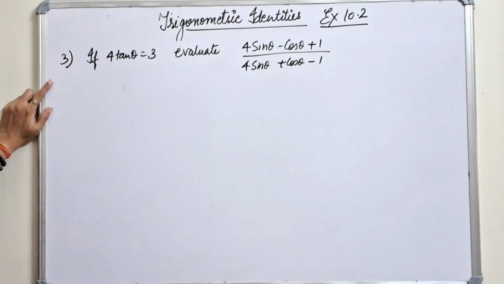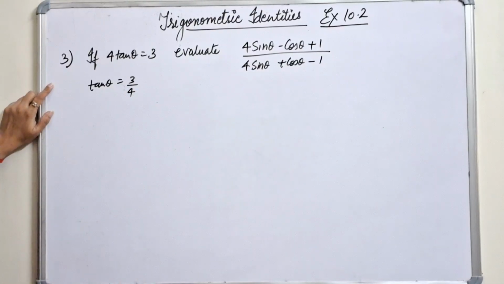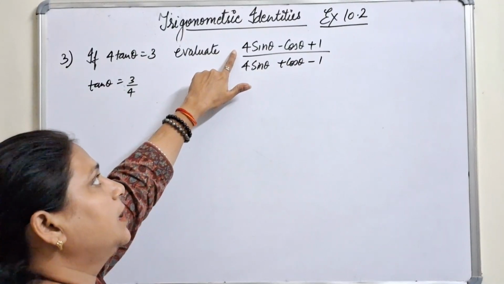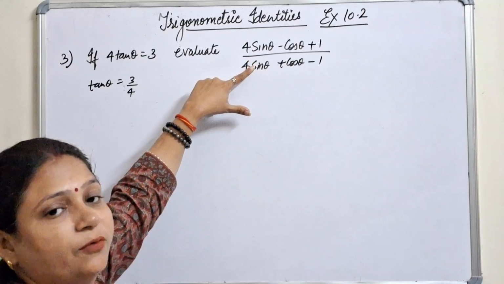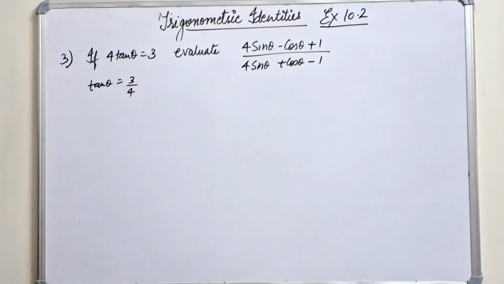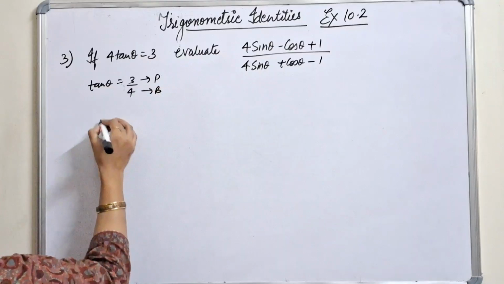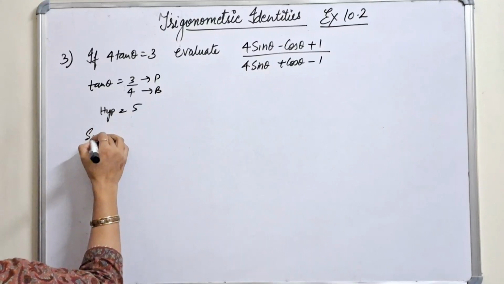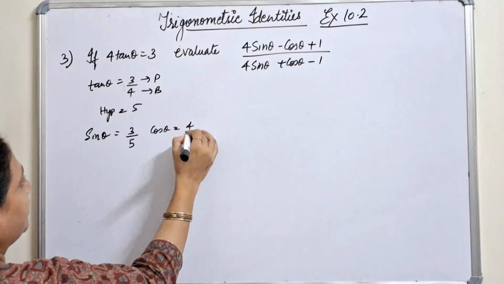See, this question you can do in many ways. Tan theta can be written as 3/4. So if you want to put the direct value of tan theta, you have to divide the numerator and denominator of the given expression by cos theta. So you will get tan theta over here, but you have to find the value of sec theta here. So you can do in this way, or if tan theta is given to you as 3/4, so this is perpendicular and this is base. So hypotenuse will be 5. Okay, so directly you can find the value of sin theta as 3/5 and cos theta as 4/5.